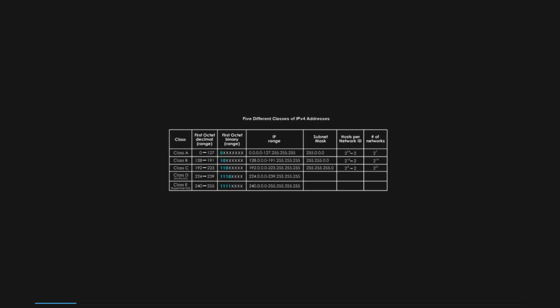IPv4 was originally designed with a class structure, consisting of classes A, B, C, D, and E. Class D is dedicated to multicasting, while Class E is reserved for experimental purposes. Classes A, B, and C are assigned to network hosts. These classes are further divided into network and host portions, as shown in this figure. The network ID is determined by the high-order bits, while the host ID is determined by the low-order bits. In a classful addressing scheme, networking devices at layer 3 can identify the address class of an IP address by examining the first few bits in the first octet. This class determination allows the device to apply the default subnet mask for the address and identify the host address.